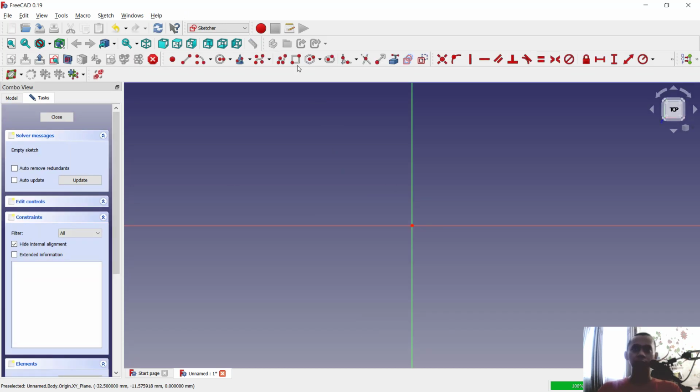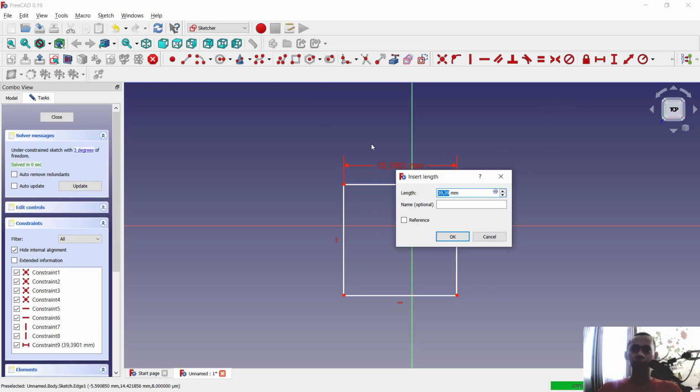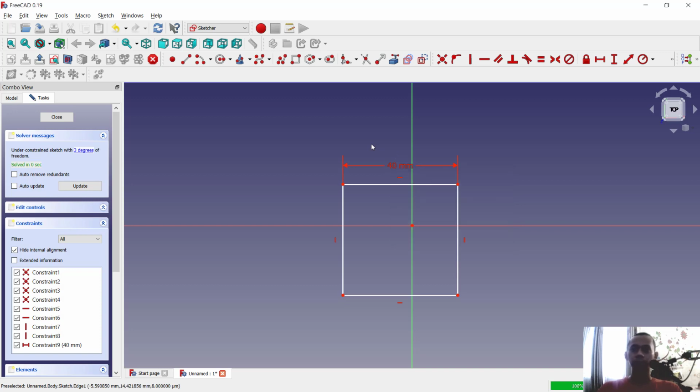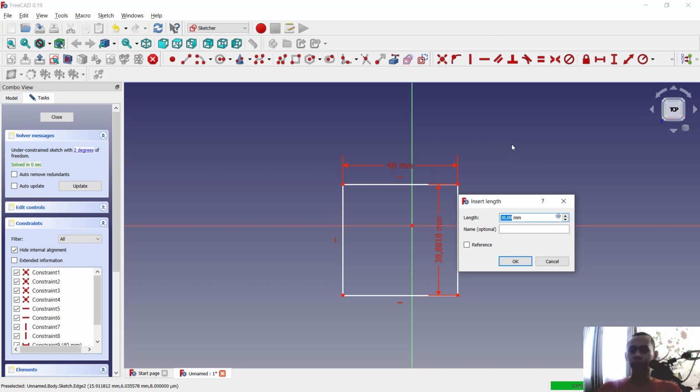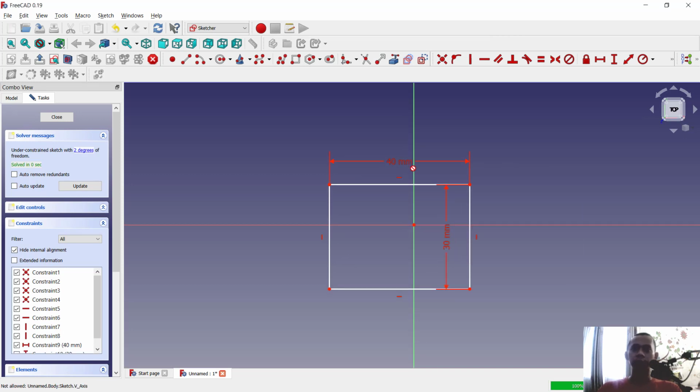In here I will create a rectangle object, and I will set a dimension in horizontal to 40 millimeter. And then for vertical in here we can set into 30 millimeter. So we have this unit in millimeter as the default, and if you want to change this unit into inch,